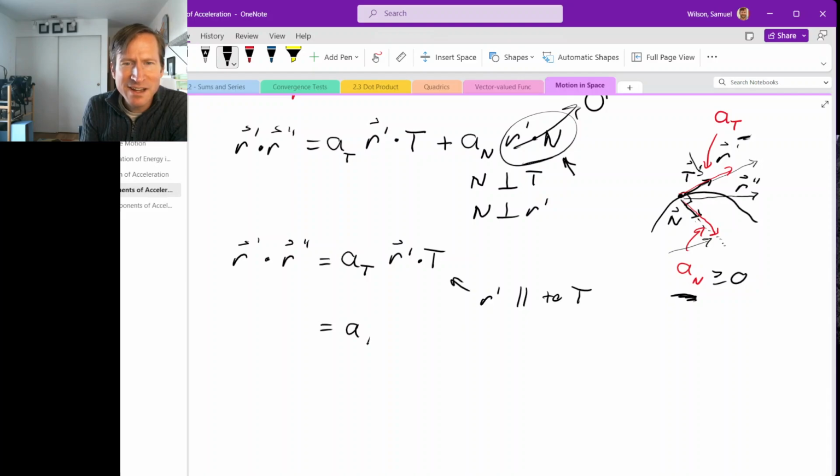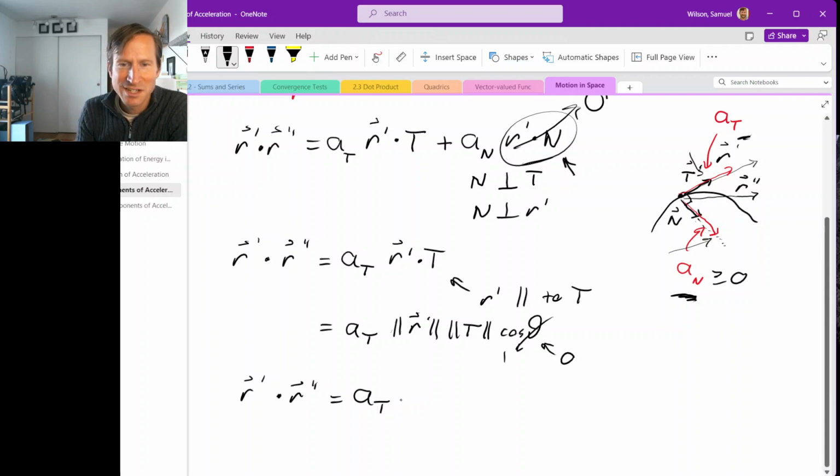So on the right-hand side here, if we use the geometric formula for the dot product, we get the magnitude of r prime times the magnitude of t times the cosine of the angle between them. But because they're parallel, the angle between them is 0, and so this cosine part is actually 1. So we get r prime dot r double prime equals this